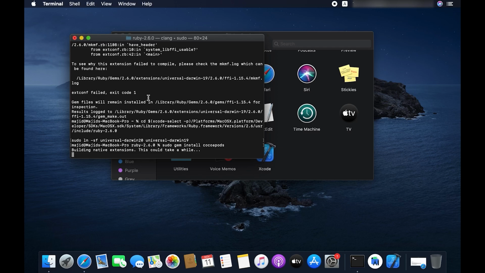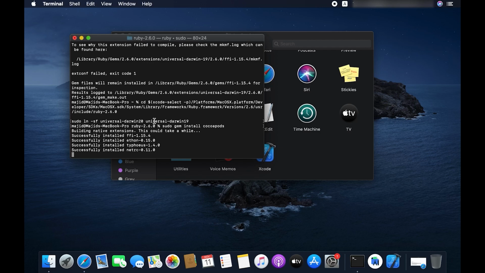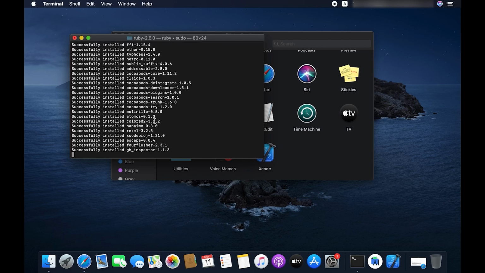This time it's working, and as you can see right over here, CocoaPods is installing successfully. So this is one of the easiest ways to fix it. After that we'll check once again when CocoaPods is installed.